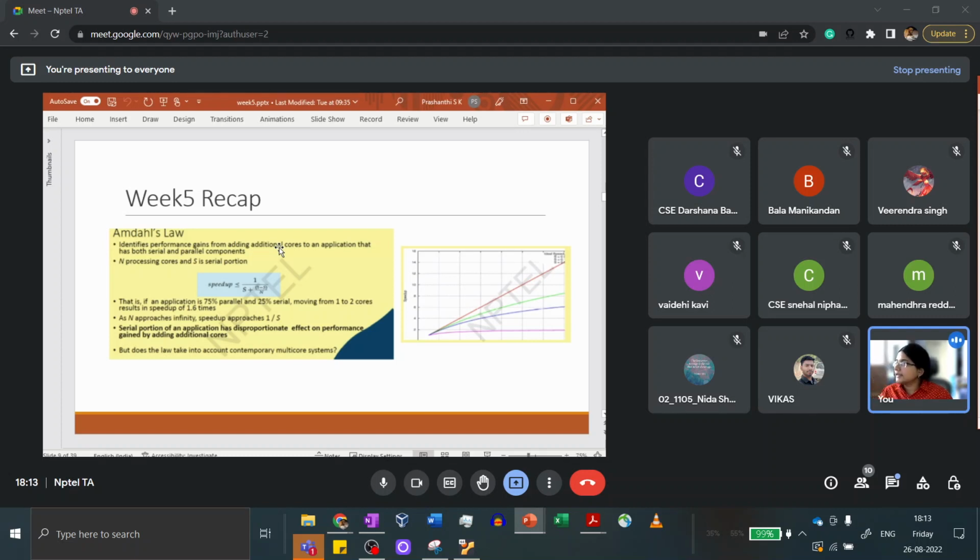So for instance, think about a matrix multiplication, right? So let's say the multiplication itself can be parallelized. So that's the parallel component of your program. But say there is something before that multiplication that is inherently serial, meaning that it has to execute one after the other and so on, right? Now, if you add additional cores to solve this problem, what is the performance benefit that you get, which is usually measured in speed up.